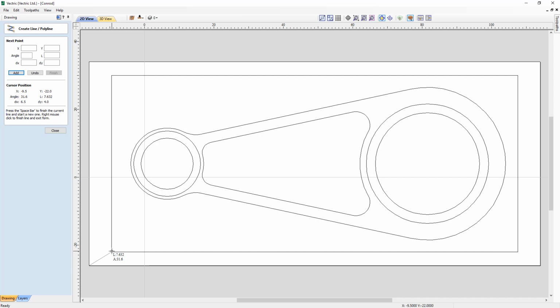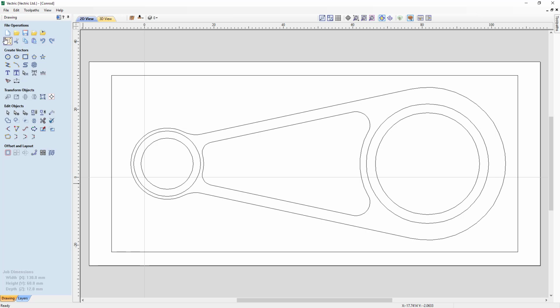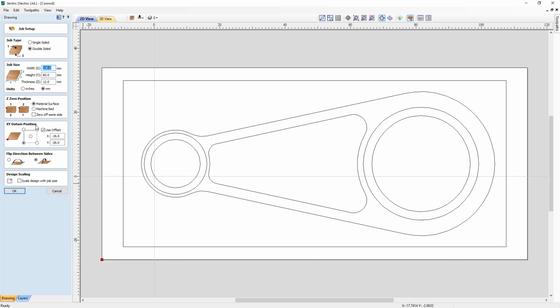So we need to jot those down someplace or remember them. And then we can click Close and go back to our job dimensions. Click that, and then we can just use those two numbers and adjust our offset. Now, because it's a negative number, we're going to have to make sure that we end up putting another negative in there. So -6.5. And if we press equals, then you'll see that we have -22, and that datum has